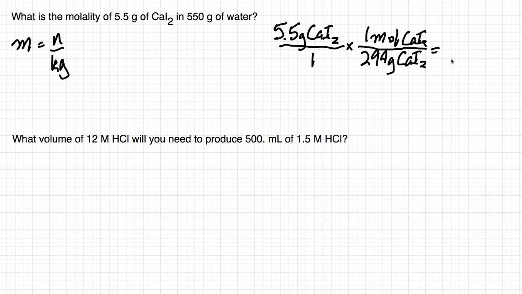So 5.5 divided by 294, and the answer I get for that is 8. That's actually an 8 there. 8.42 times 10 to the power of -3, and that's moles of calcium iodide. Okay, well that's what I need to plug in up here. So that's 8.42 times 10 to the power of -3